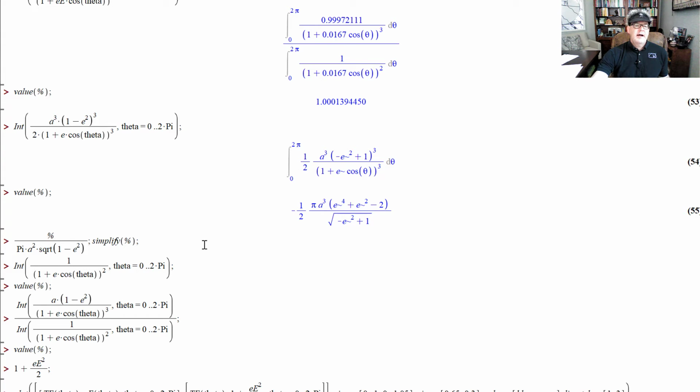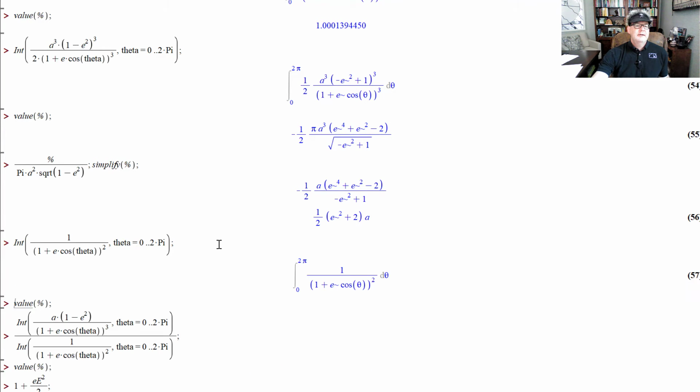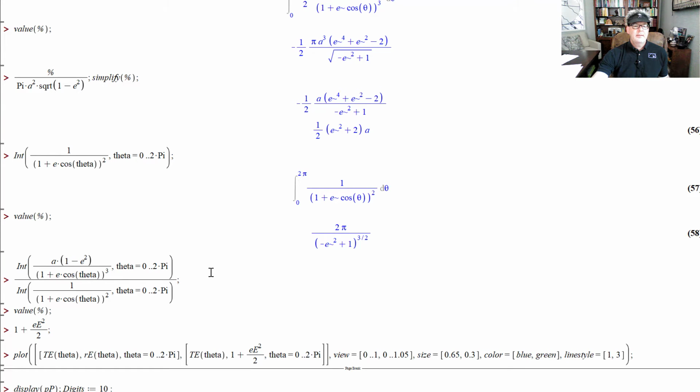And if I divide by pi AB, but B is A times the square root of 1 minus e squared, then I get this. And if you distribute that 1/2, you get 1 plus e squared over 2 times a, as expected. I essentially did the same work a second time here, but well, here's the